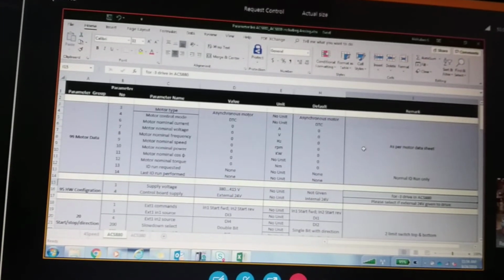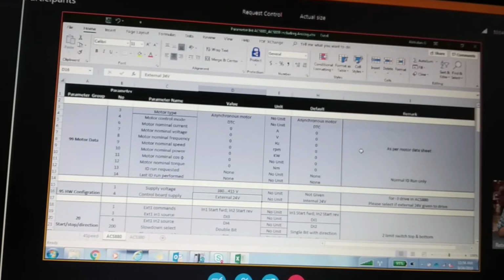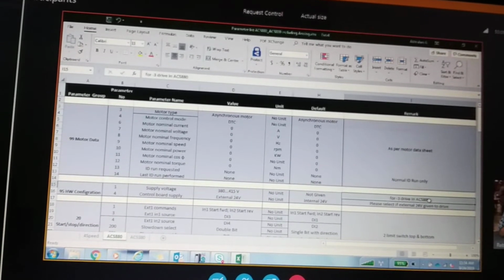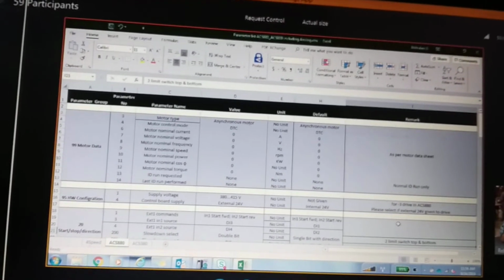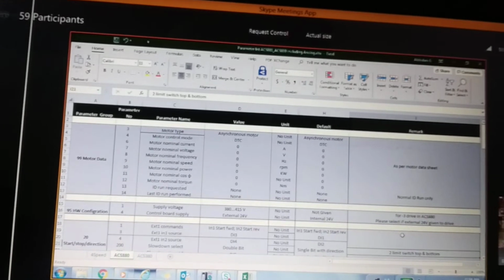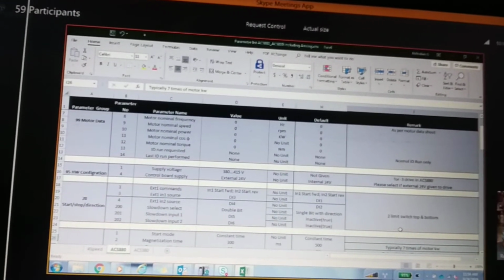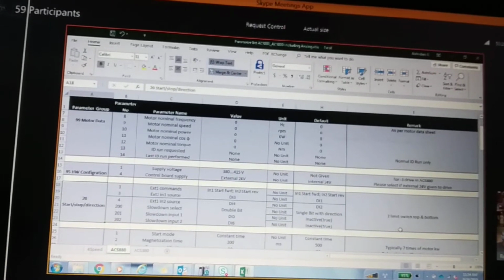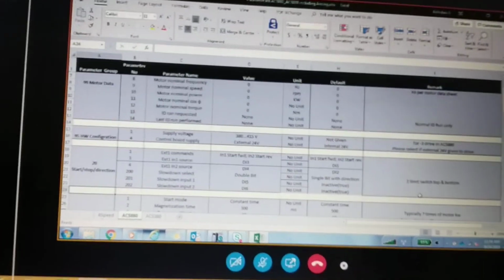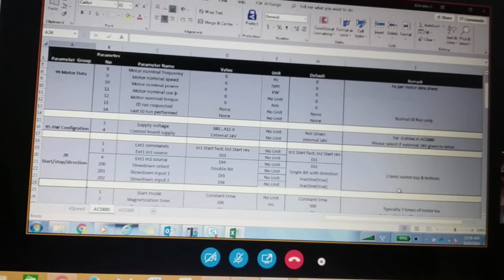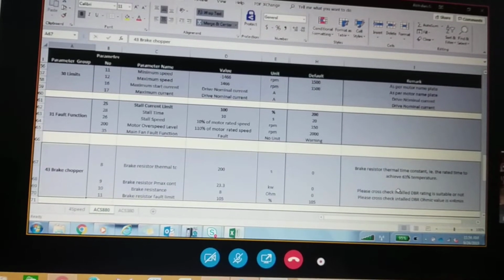Then hardware configuration, again the same thing. This is given in the parameters we discussed. Based on this, you have to change the parameters. For the drive it is mentioned. Then we have to go to group number 20. So we have listed down the number of groups, and we are focusing only on those parameters which you need to change. Or there are some parameters which you do not need to change, but for information they are put there. So with this Excel sheet you can commission a hoist drive without high-end features.